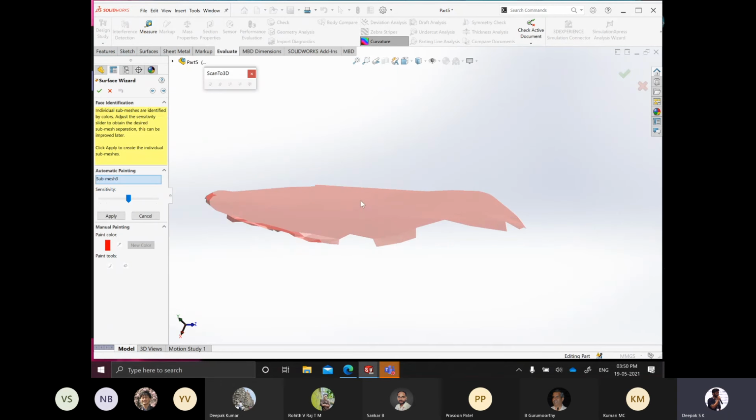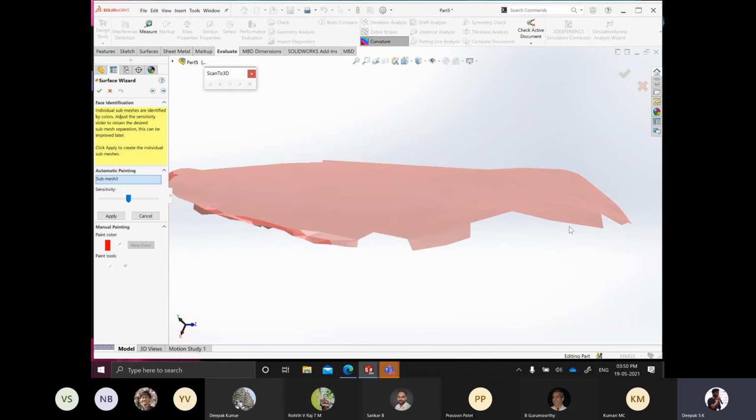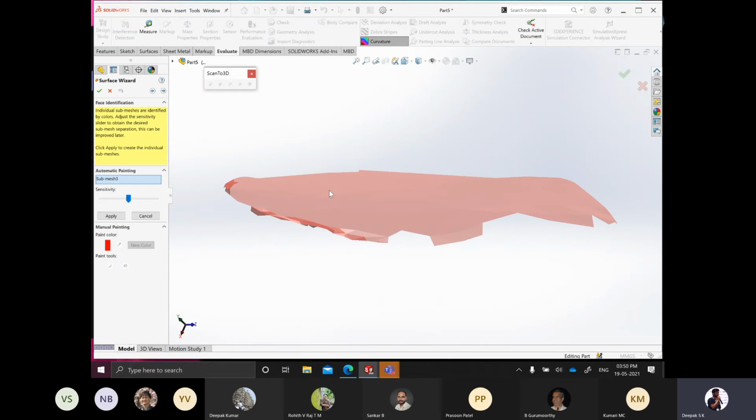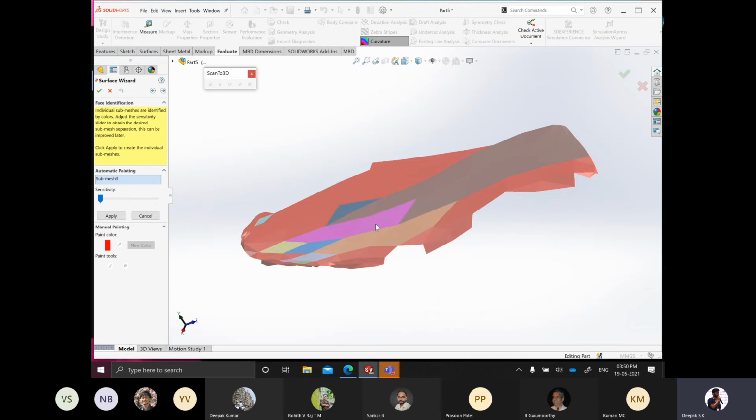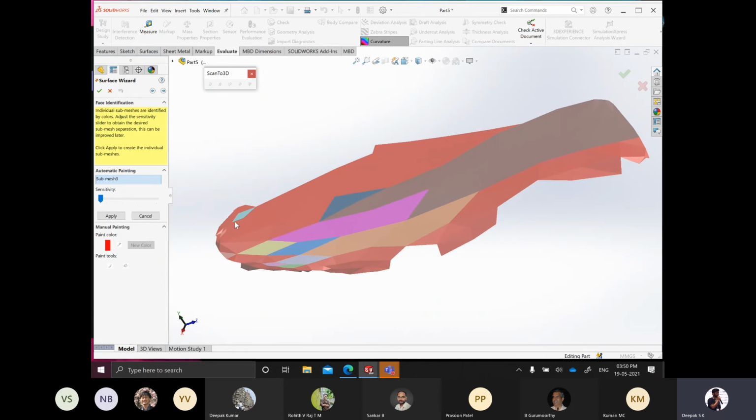Now you can see here that the user interface is simple. So the analogy that they have given is a sketching analogy. So if you decrease the sensitivity, you can see that there are different numbers of colors coming up, showing that there are different numbers of operations. So each color represents one particular operation. So it is basically saying that this small blue diamond is made of a separate operation. And if you increase it, now you can see that this entire peach color is made of a separate operation. This yellow color is made of a separate operation, and so on and so forth.